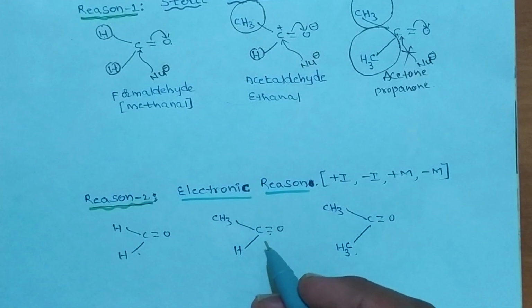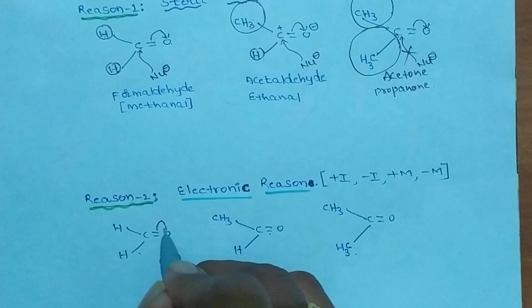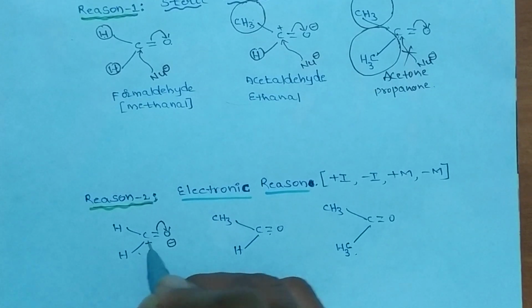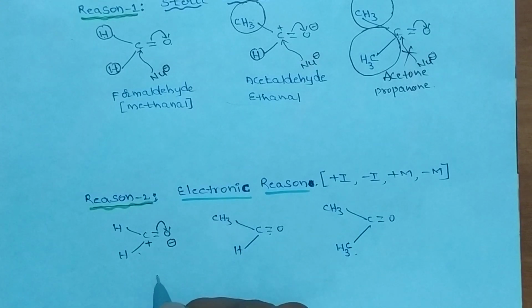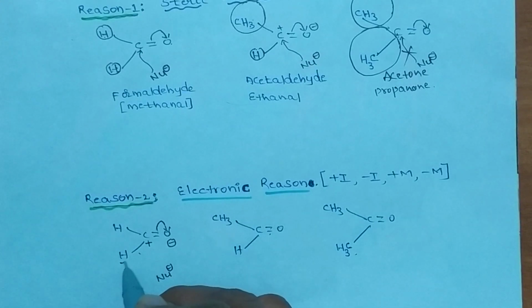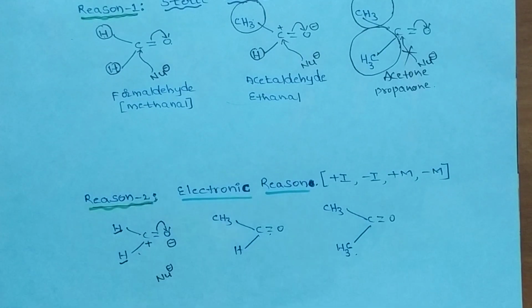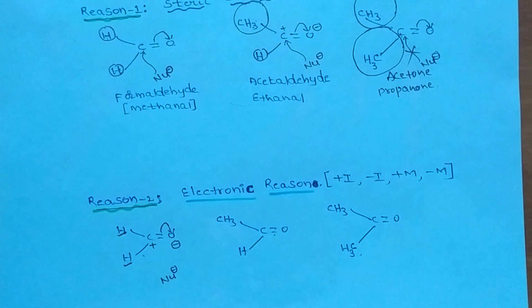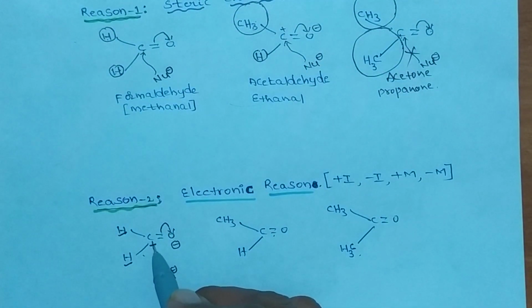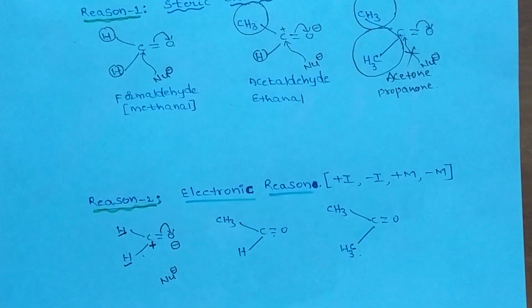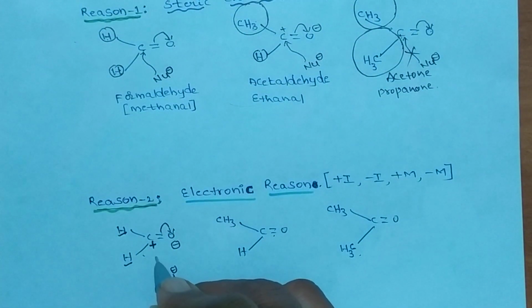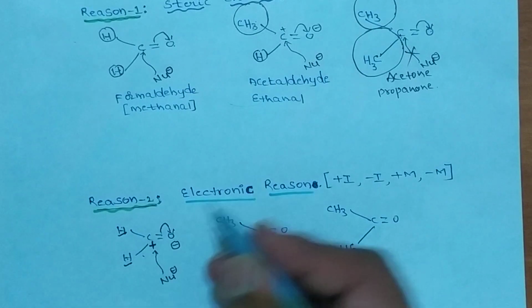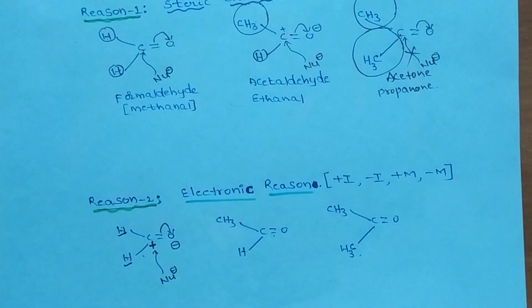And now what is electronic resonance? Now these electrons are shifting here. This is negative, this is positive. Now these hydrogen atoms are neither electron donating groups nor electron withdrawing groups. So the positive charge on this carbonyl carbon is present. Whenever positive charge is developed and there is less steric hindrance, attacking of the nucleophile is easy compared to these compounds. Whereas here